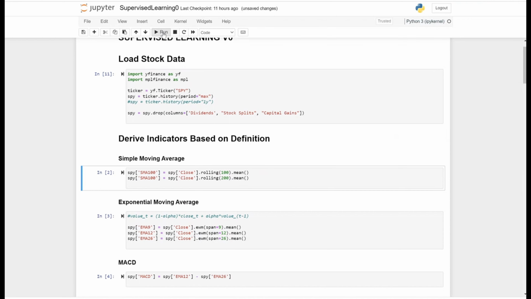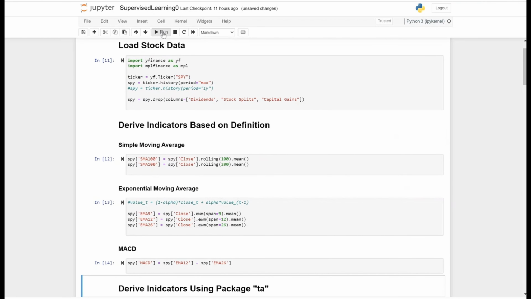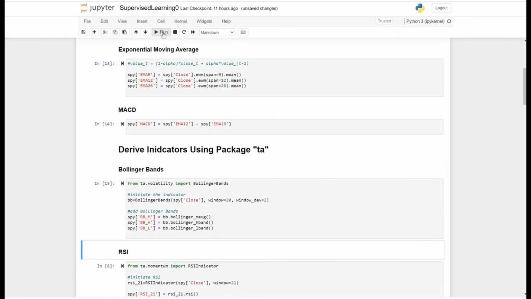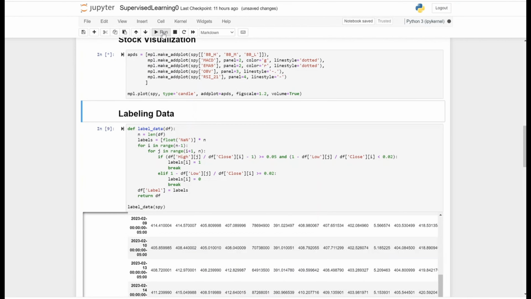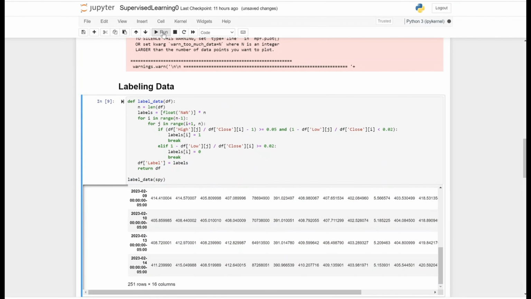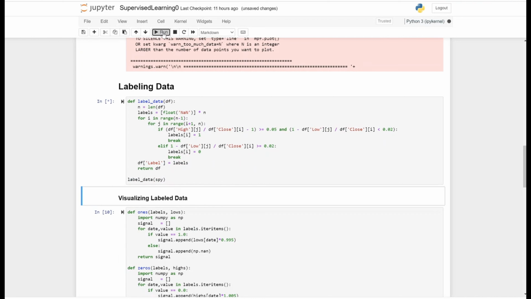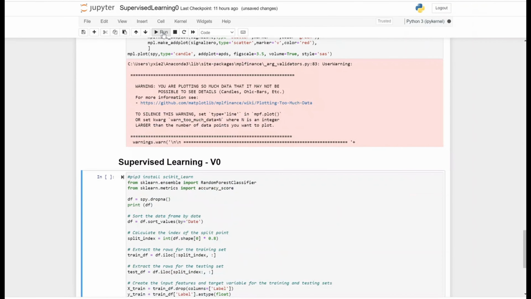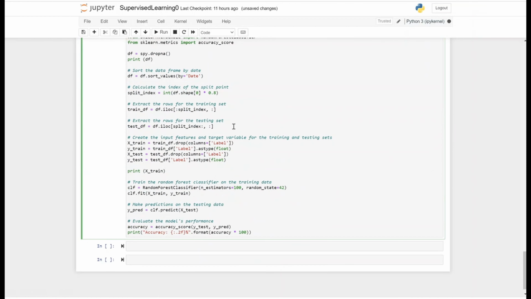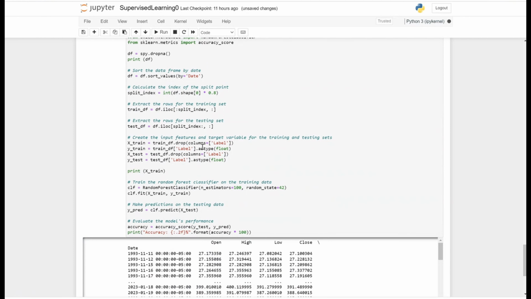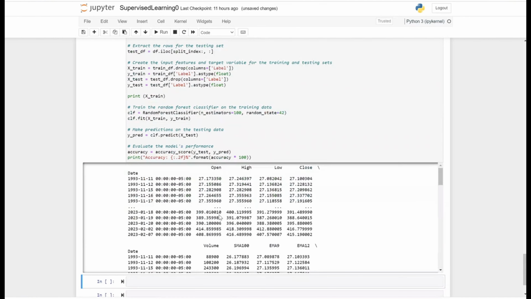Load the data, derive indicators, then do the stock visualization, then do the labeling, then visualize the data, then training and testing a supervised model. Again, it takes a little time for this to run because we have multiple years worth of data. Since the results come out,